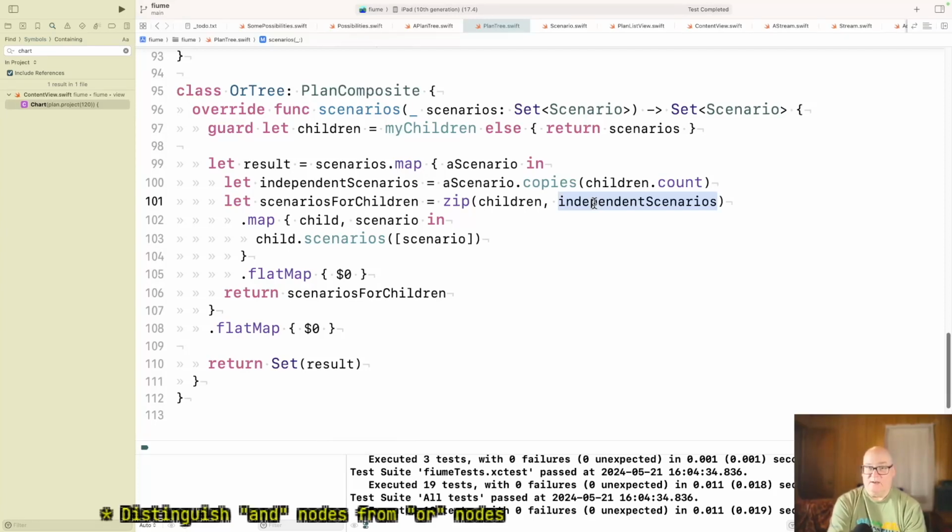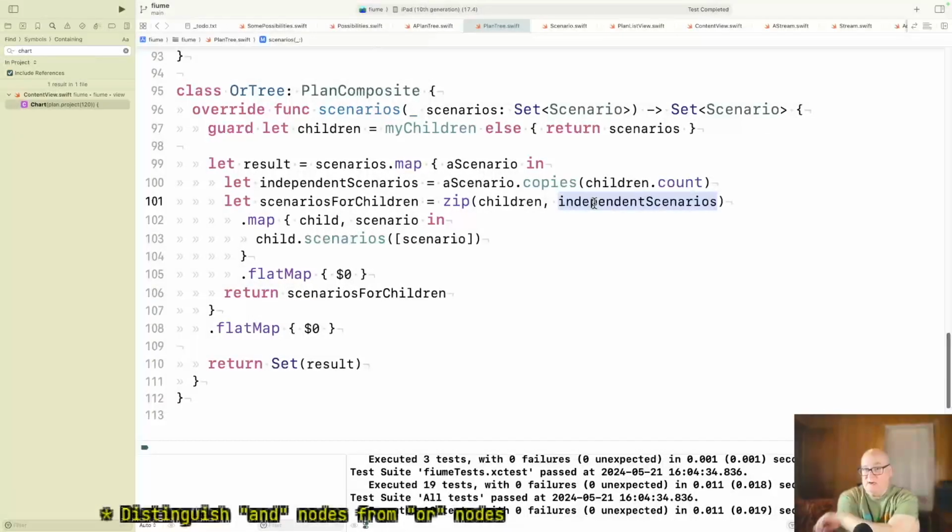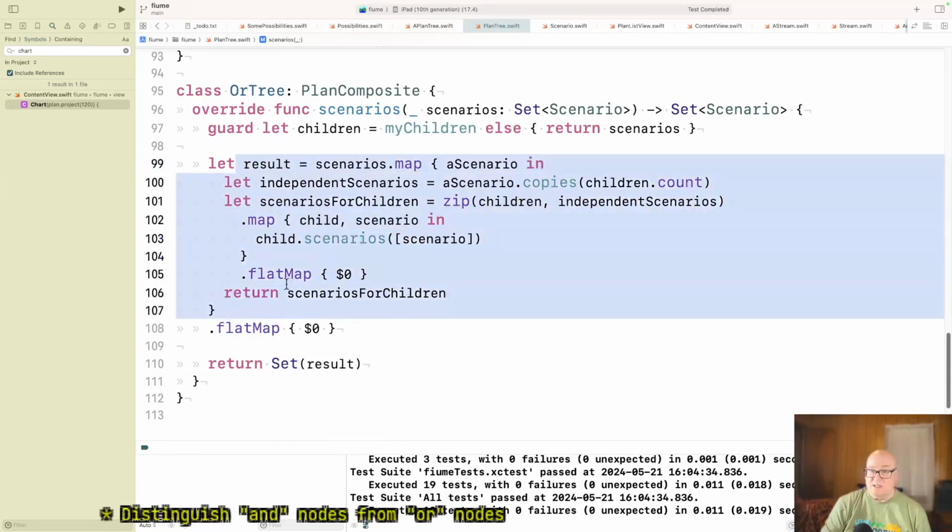So I think one task would be, let's work through the consequences of making a list of scenarios instead of a set of scenarios. Or maybe we create this object, scenario set, that actually holds a list, and we make things work in terms of scenario set. That pushes one of these loops into scenario set. So that would be a valid thing to do.